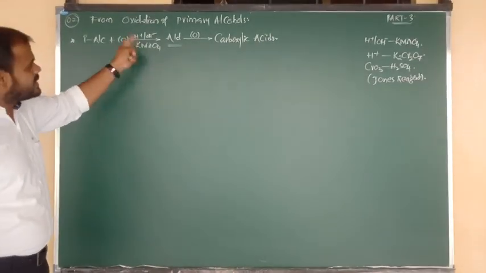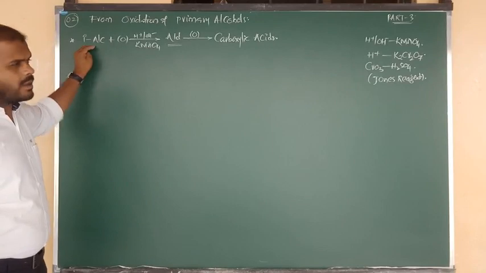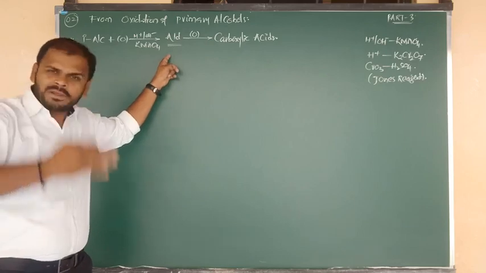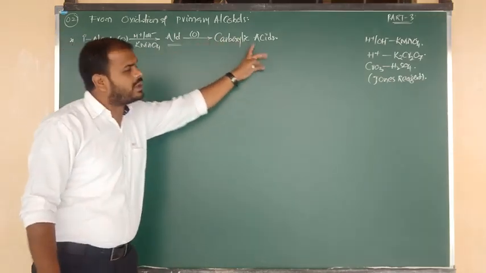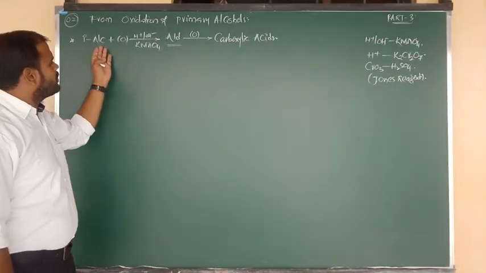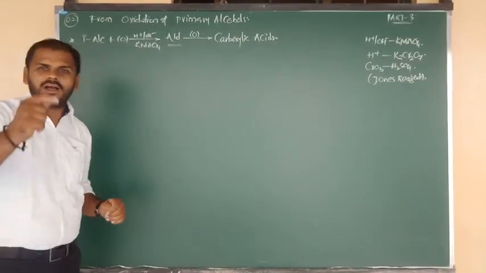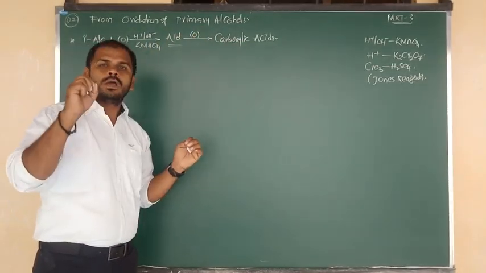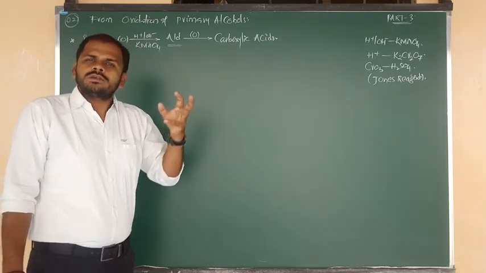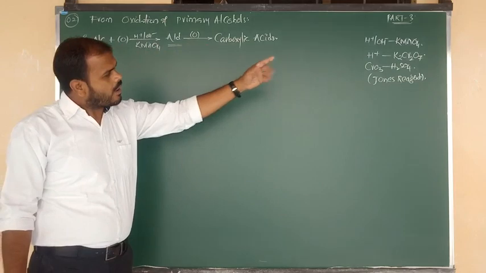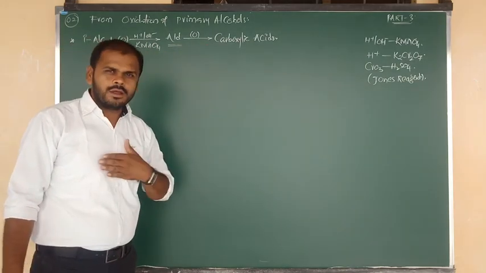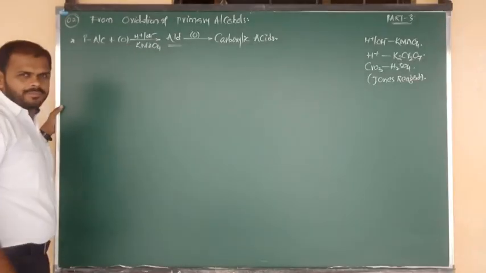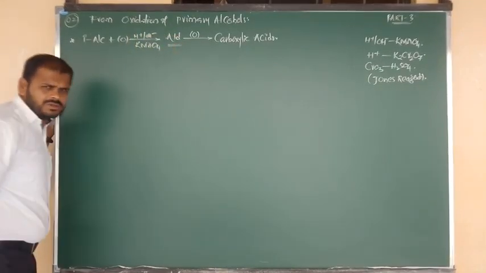So in the oxidation of primary alcohols by using any one such oxidizing agent, the intermediate should be aldehyde. The reaction cannot be stopped here. Aldehyde again gets oxidized into carboxylic acids. You know very well, all primary alcohols upon oxidation give aldehyde, but again aldehyde can be changed into carboxylic acids. But formation of acid takes place only in the presence of strong oxidizing agents like KMnO4 or K2Cr2O7, or we can say Jones reagent. The statement is clear: primary alcohol to aldehyde, and again aldehyde upon oxidation gives carboxylic acids.